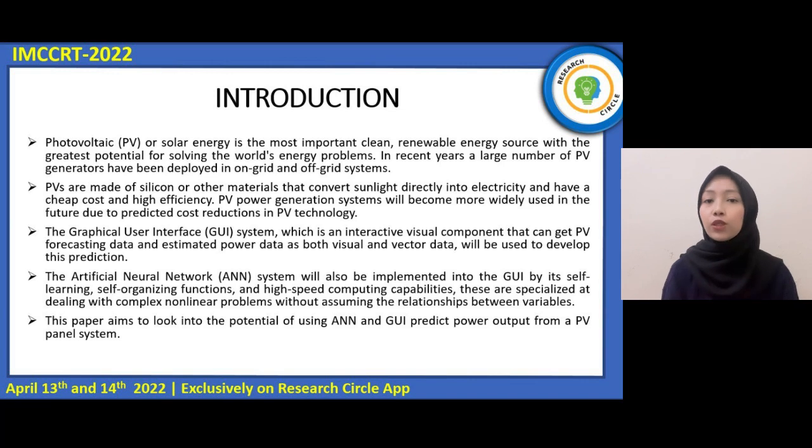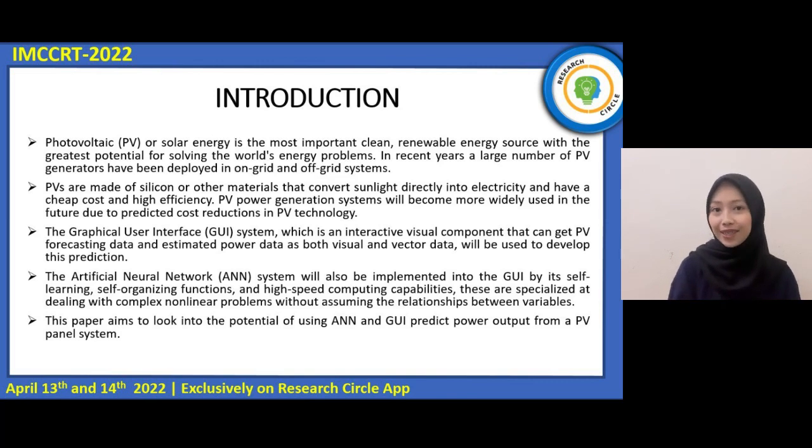The artificial neural network (ANN) system will also be implemented into the GUI for its self-learning, self-organizing functions, and high-speed computing capabilities. These are specialized at dealing with complex nonlinear problems without assuming the relationships between variables. And this paper aims to look into the potential of using ANN and GUI to predict power output from a